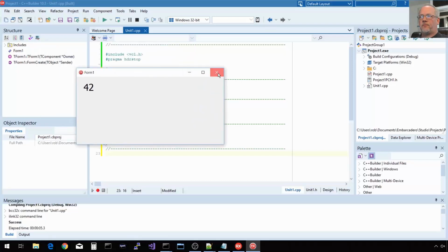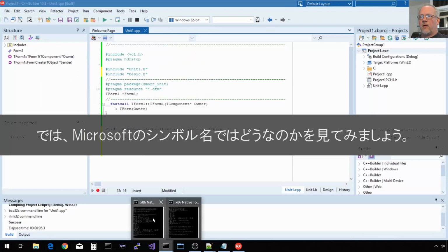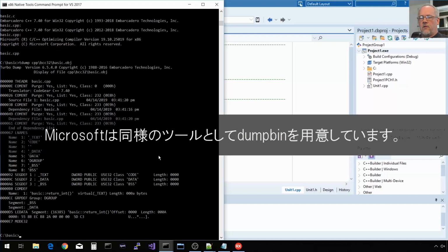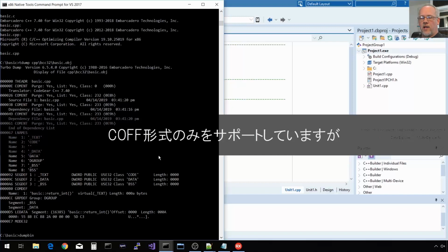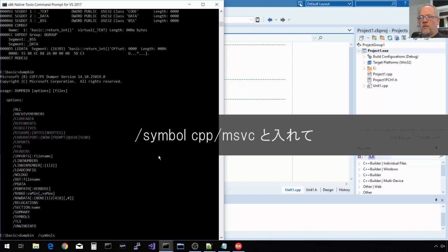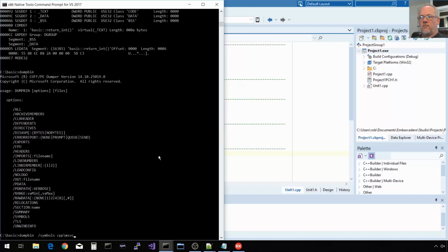It works. But let's look at what Microsoft did with that symbol name. Microsoft does have an equivalent tool called dumpbin. It only supports COFF format, but let's go ahead and use that as an example. /symbols, CPP MSVC.